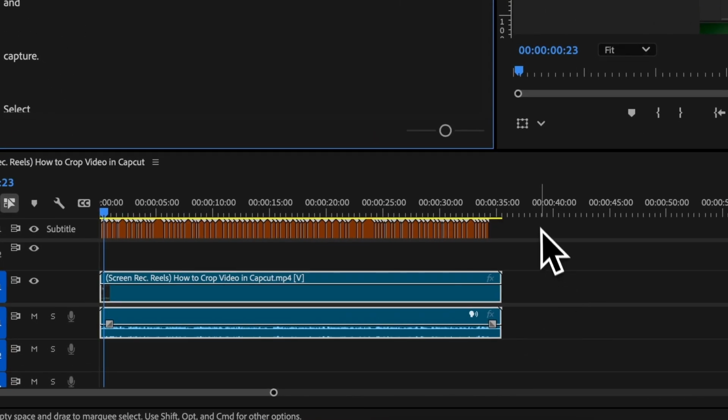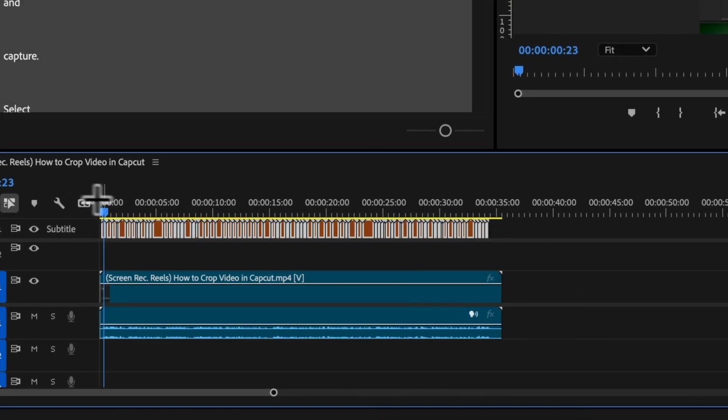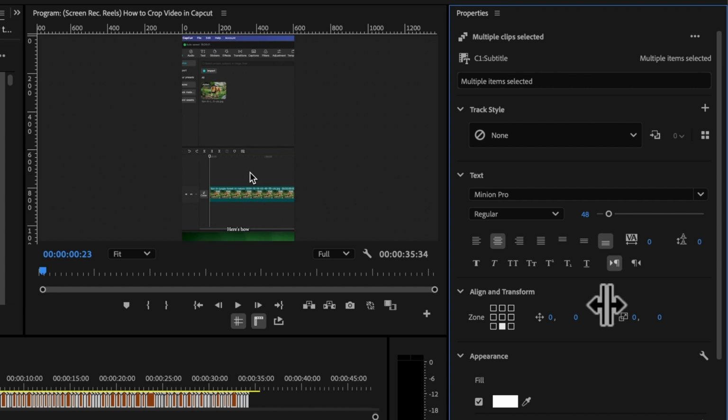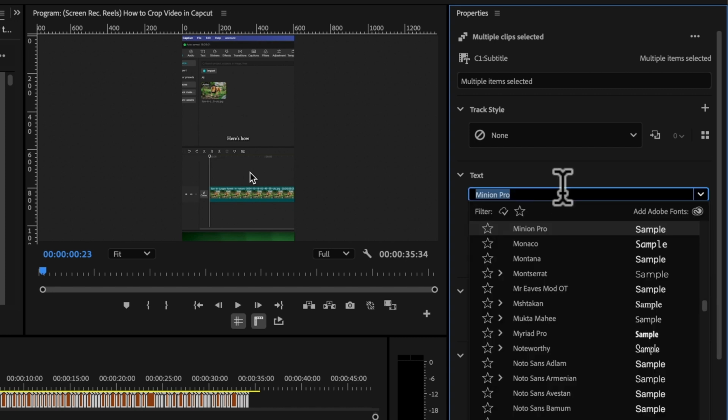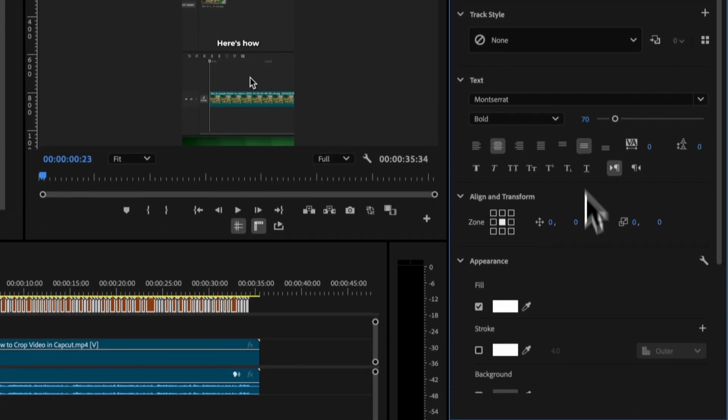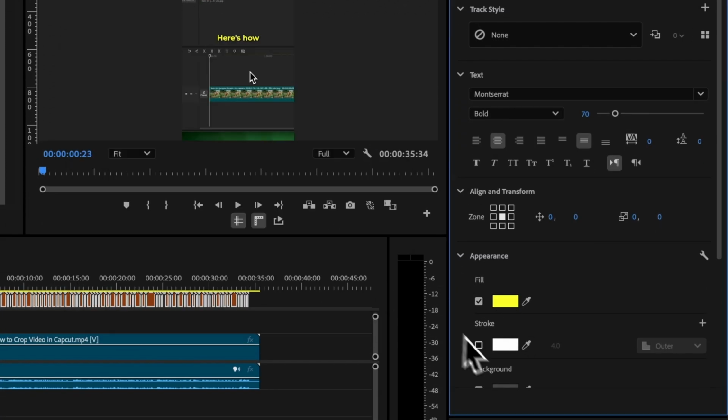With that done, we then want to select all of the captions that we've just created and then go up to Window and then go down to Properties. Once in the Properties window, we then have the opportunity to change the positioning, the size and the font. So in my example, I'm going to make the positioning central, I'm going to make the font Montserrat, I'm going to make the size around 70, and I'm going to change the colour to yellow,